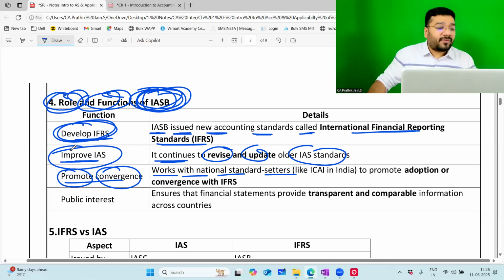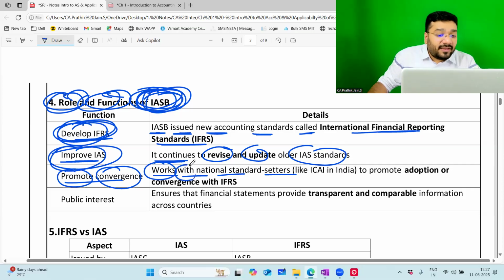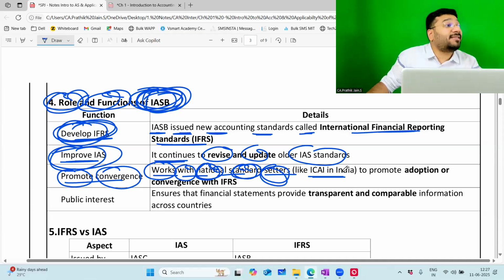So apart from developing IFRS and IAS, one of the roles of IASB was to promote the adoption or conversion strategy across multiple countries. IASB worked with national standard setters. In India, ICAI is the standard setter, meaning accounting standard setter. ICAI has the role of setting the standards. So all these board people were working with the different bodies of each country who were instrumental in developing the standards in that country.